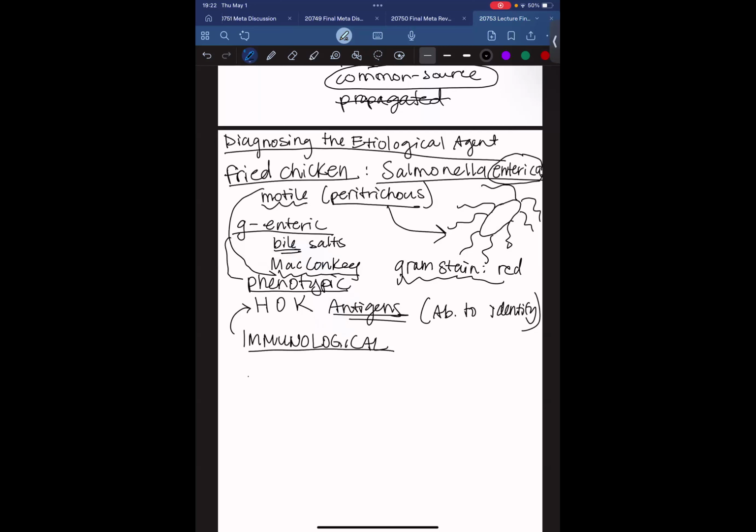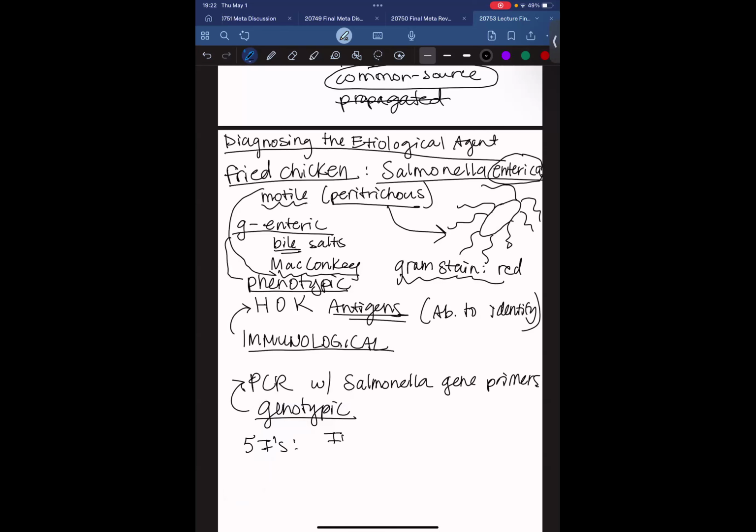Another thing we could do to identify this guy would be to use PCR with salmonella gene primers. If we do this, this is genotypic. So we've got tests in all of our three major categories that we could do for this. In order to do these tests, though, the first thing we would need to do is go through the 5 I's,